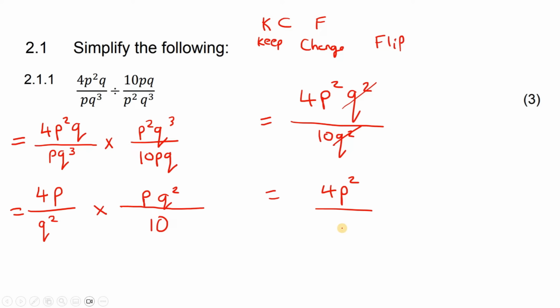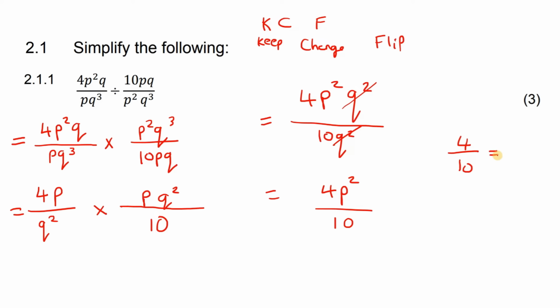Some learners do that because they say, oh, there's no Q's, so I'll just put 1 there. But there's nothing. There's absolutely no Q's. And then at the bottom, there's a 10. Now, these numbers here are not the same as exponents. So what I want you to do here is just say 4 over 10, and I want you to simplify